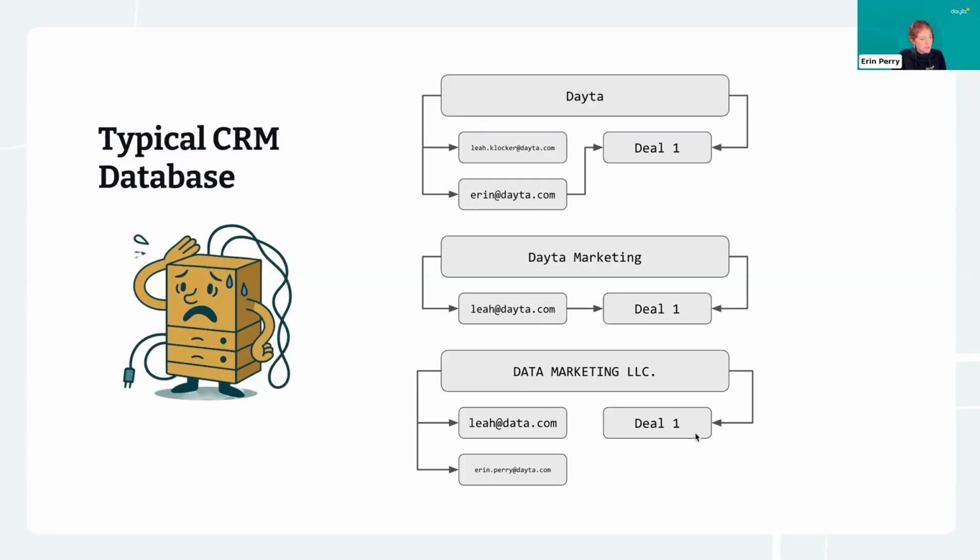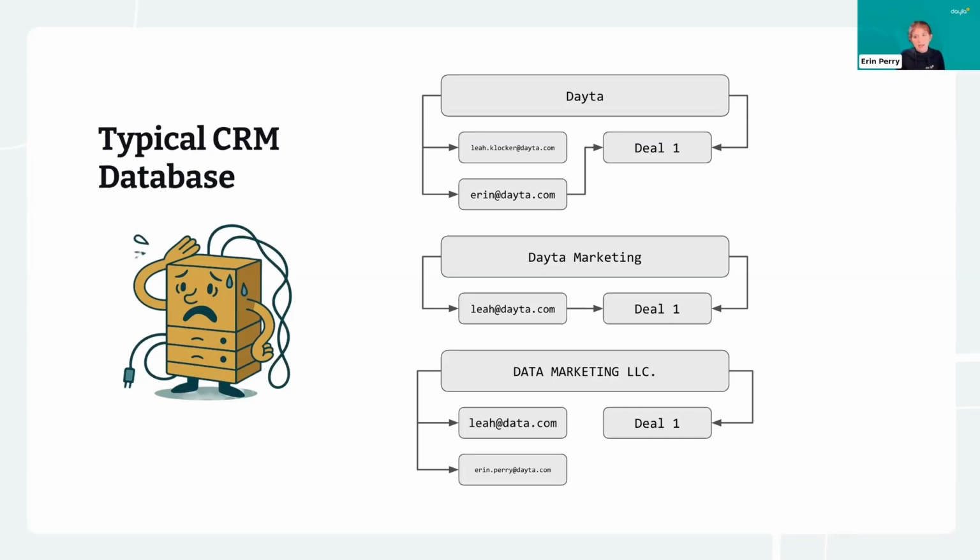We've got this floating deal over here with no contact associated with it, and we've got three deals just associated with three different companies. So in terms of our ability to close a sale, this might not be an issue, but in terms of attribution, this becomes a hurdle, because one of the main ways we can tie together that full attribution story is by using a lead's email address or domain to unify our systems.